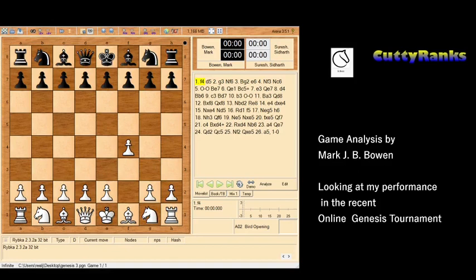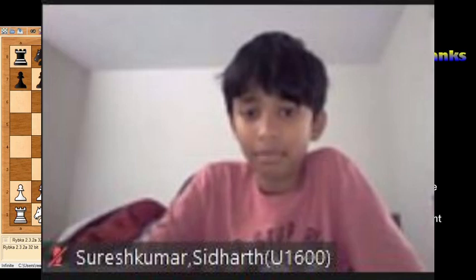But my third game, which I'm about to show you, I got white again, and I opened with f4, which is considered to be the bird opening. I played the Dutch defense against d4 as black, so the bird is also very similar to that in a strategic sense. So this was my game against Sidharth Suresh,